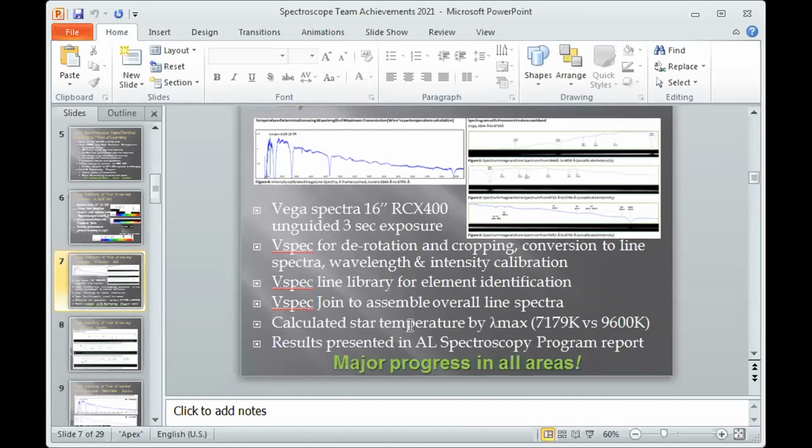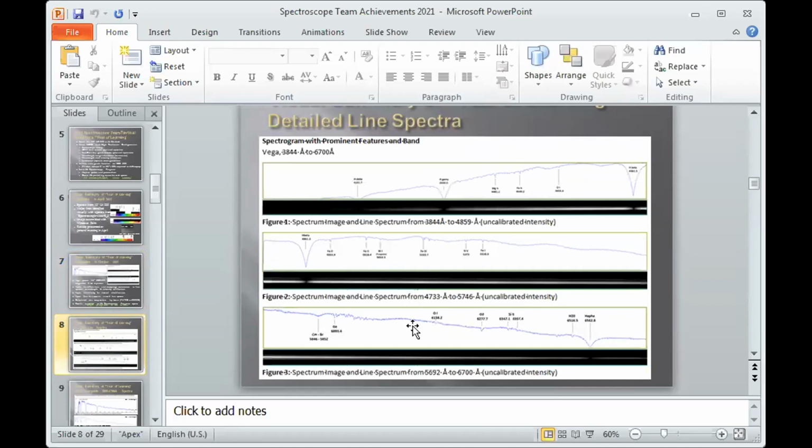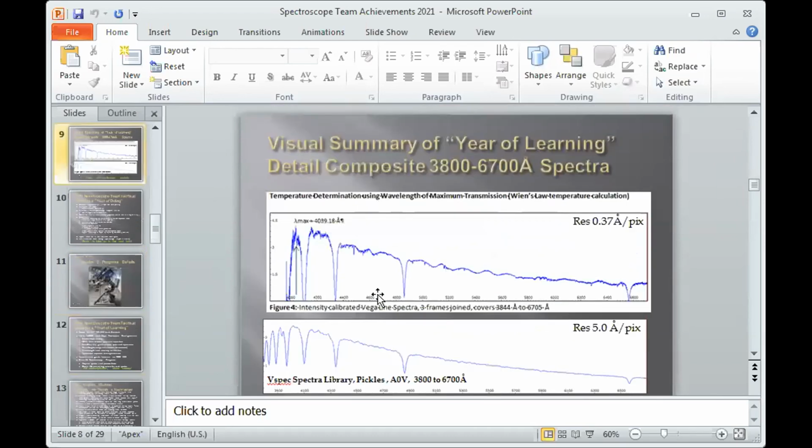So on the next slide, we get a better look at these. I'm not sure how well you can read these, but the identification of the Balmer lines are there, and you can see some other metal components along each of these spectra. At least you can see how the raw spectra and these line spectra from VSpec align themselves. And then the second slide, just to highlight the composite line spectra,